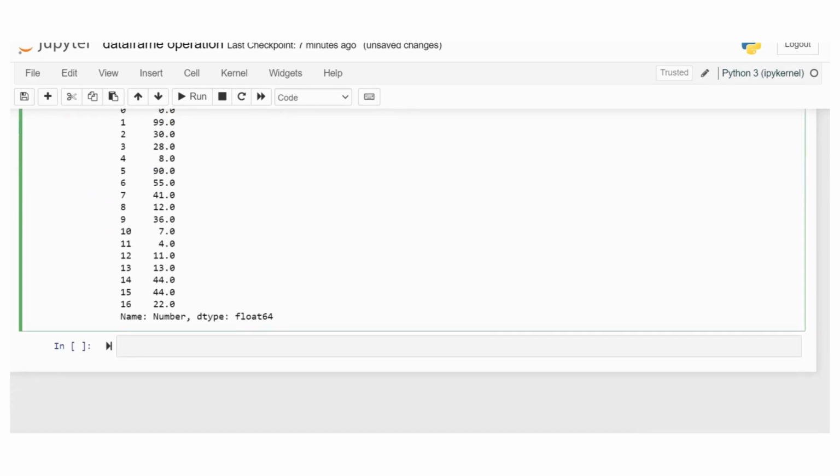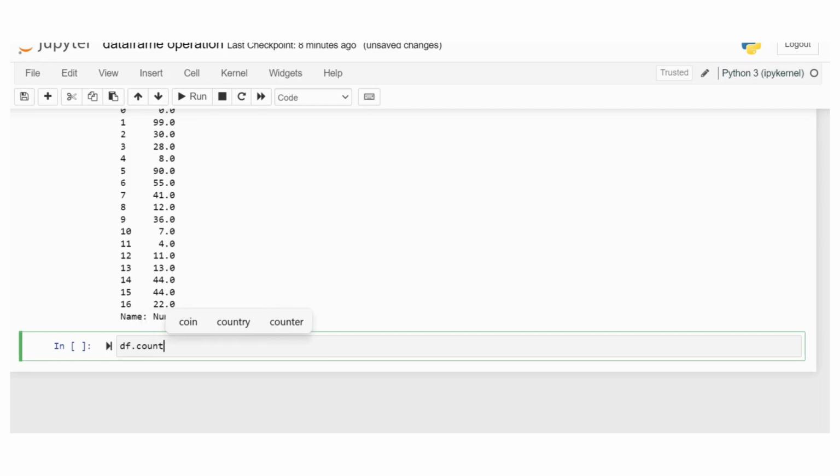Okay, and next is the count function. The count function is used to count the number of non-NA values in the data set, data frame or series. I want to count the whole data set.